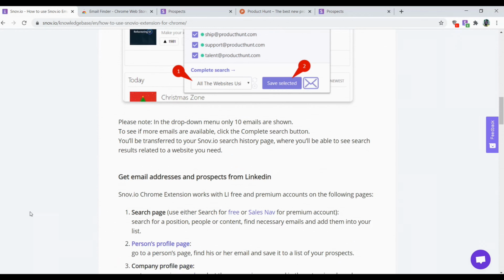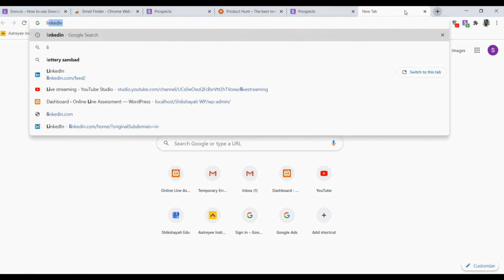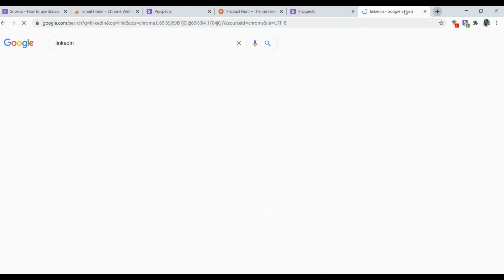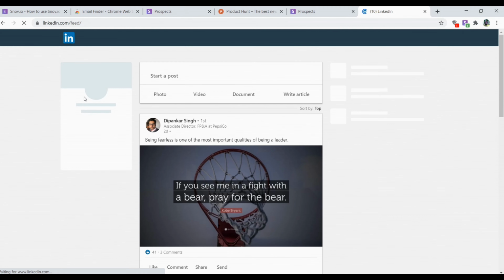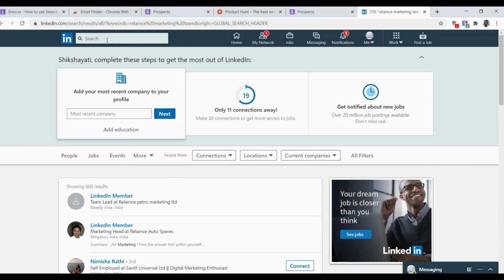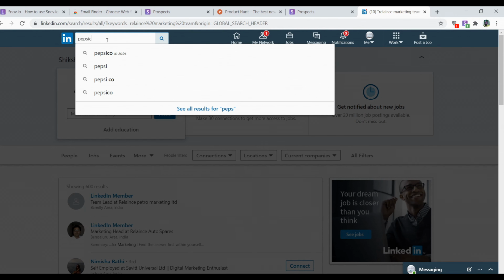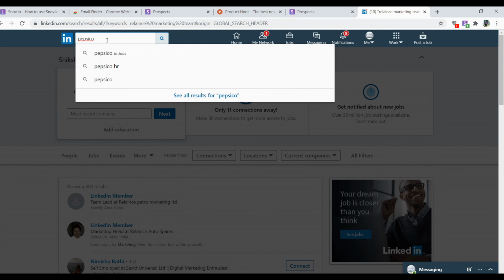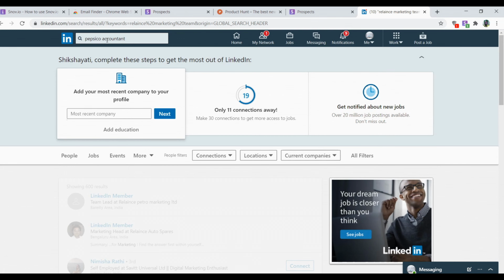Also, you can use this in LinkedIn. So this is also a very important and powerful tool. For that you have to log into LinkedIn. Then you go to the search tab and write the respective company name. For example, if I want to know the PepsiCo accountant details,